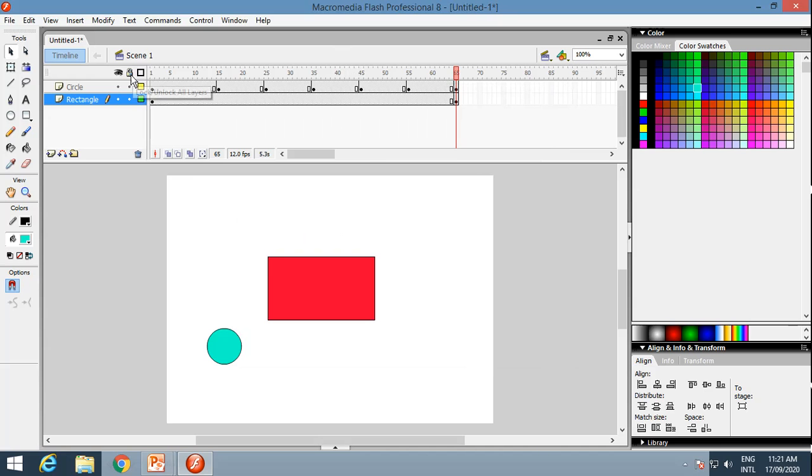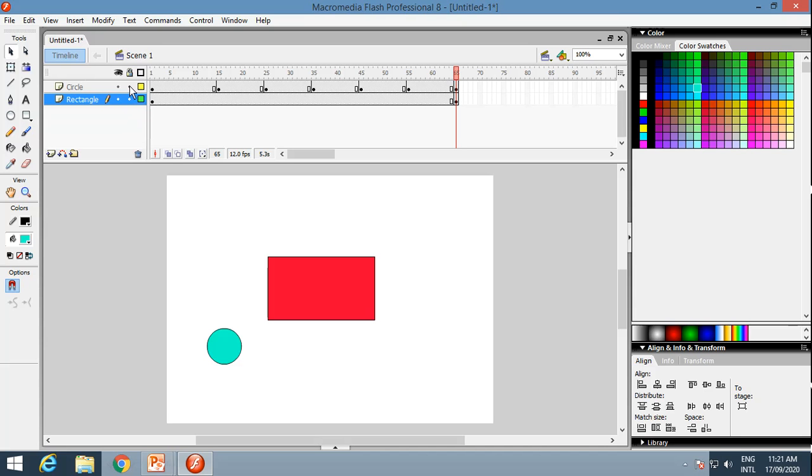Now see, there is one lock button. The use of lock button is to lock the layer. Now what is the purpose of locking the layer? If you want to make the animation for one layer, and you don't want to make changes in the remaining layers, means to make the animation without disturbing other layers, you can just lock the layers.